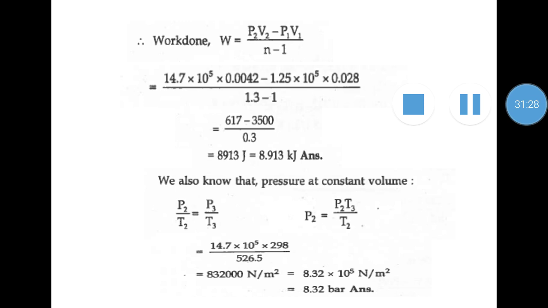After finding the final temperature and final pressures, we have to use some formulas for each particular process: work done, heat added or heat transfer, change in internal energy and change in enthalpy. You have studied this in your derivations, and you apply these formulas and fill in the suitable data, and you can solve the problems. Here two 10 marks problems are asked on this unit,